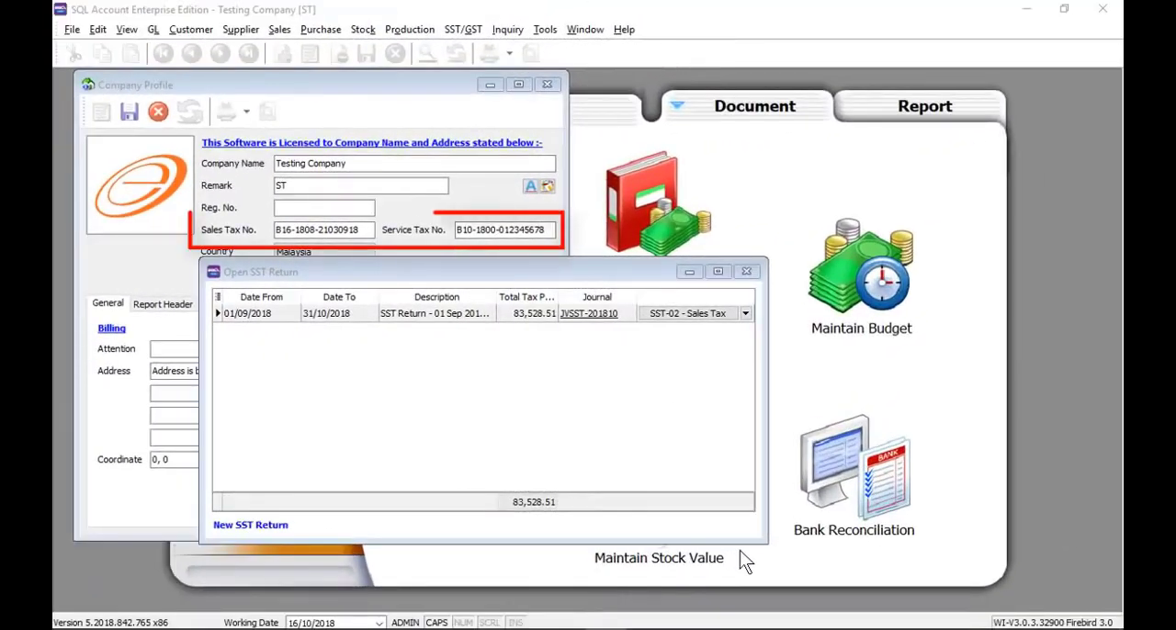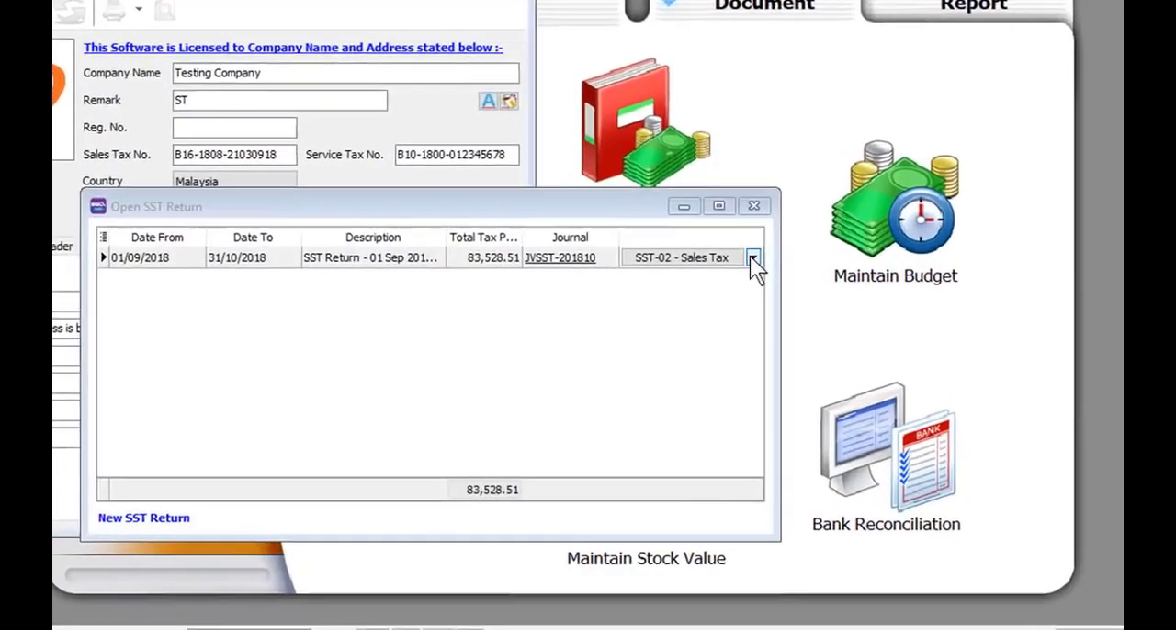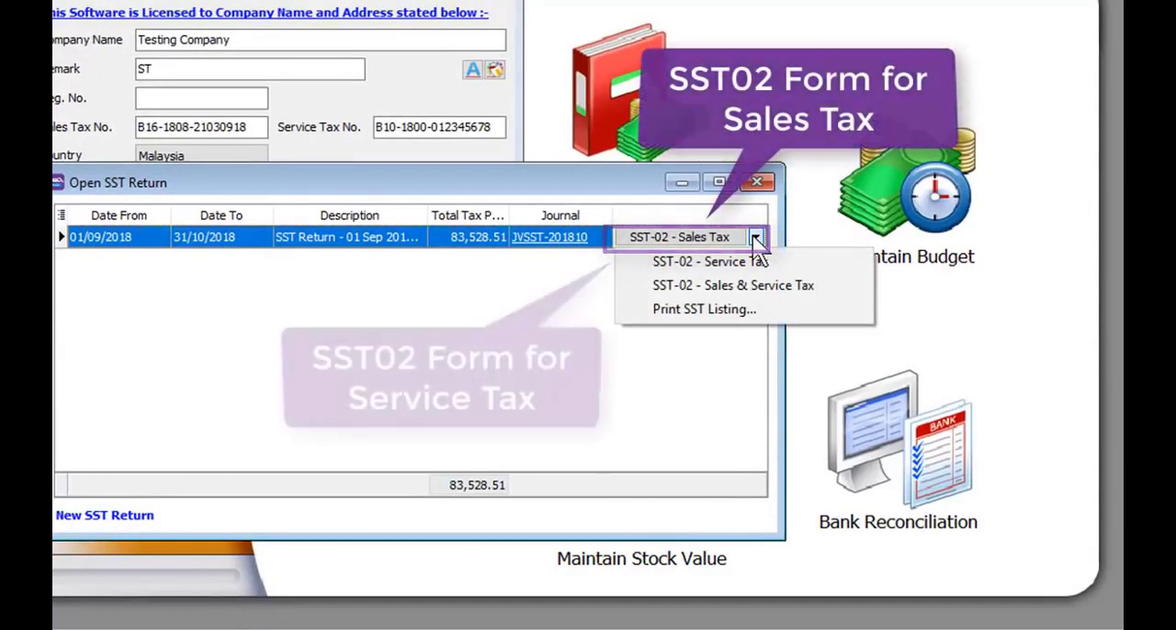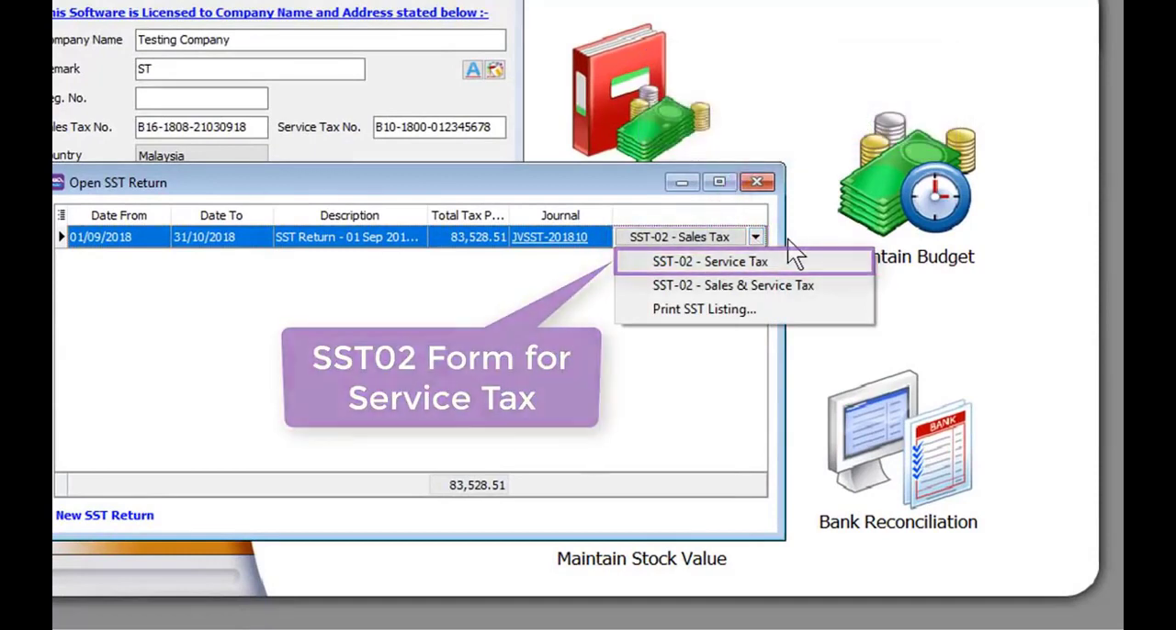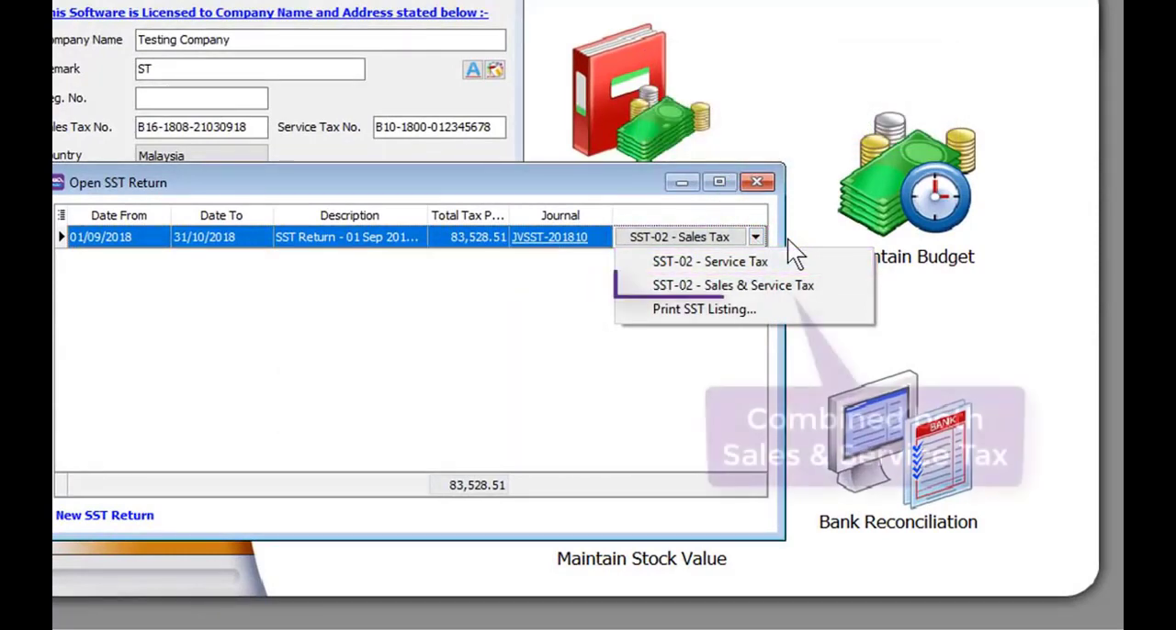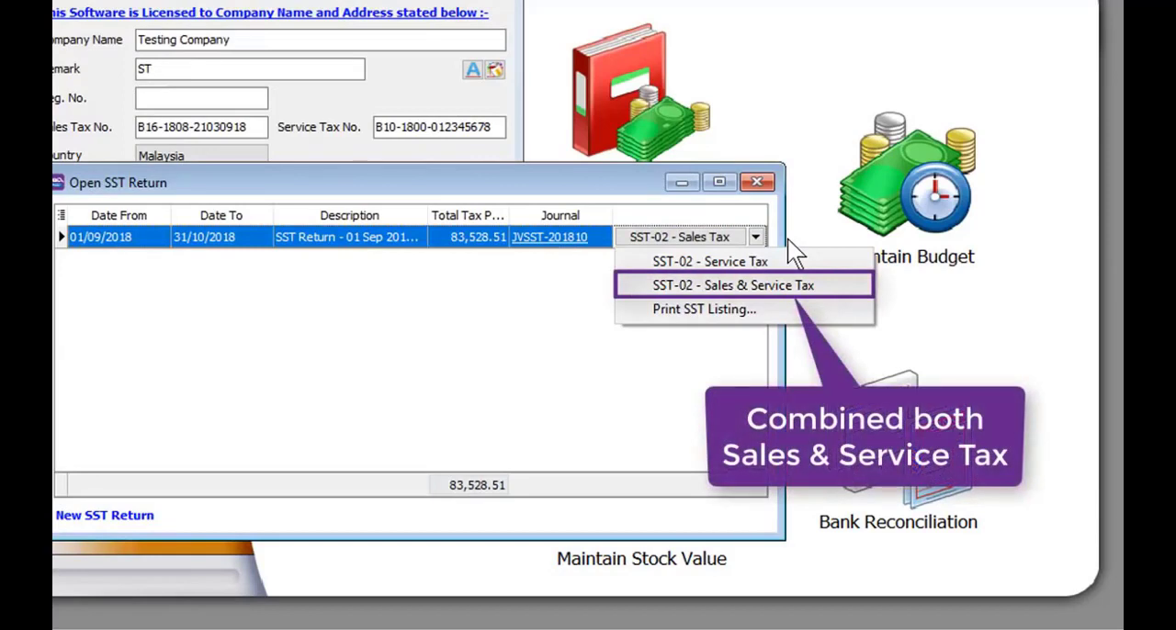If your company is subject to both sales and service tax, during process of SST, SQL will auto-generate 2 separate forms for sales tax and service tax. SQL will also generate SST for both sales and service tax in one form. Therefore, this is much